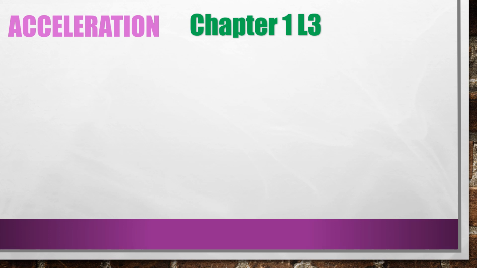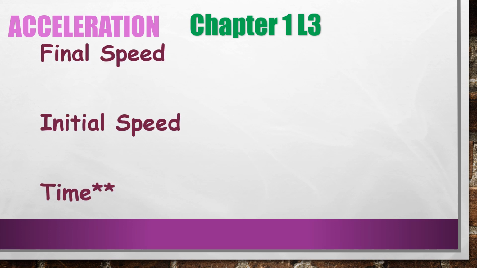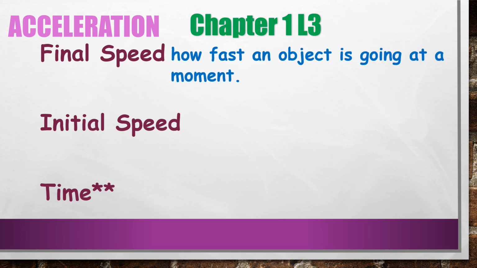We need to know three different things when we're doing acceleration. We need to know our final speed, our initial speed, and the time that it took. Right? So what that means is when we do final speed, we're at a specific time that we're looking at it, and then how fast did it get there? So when I look at a sports car, as in my first example, going from 0 to 60, my final speed I know is going to be fixed on a 60.